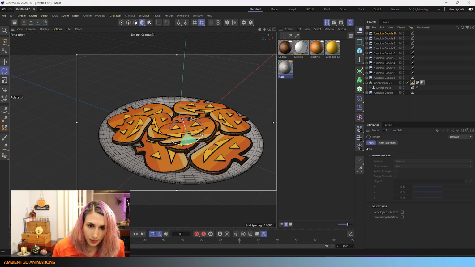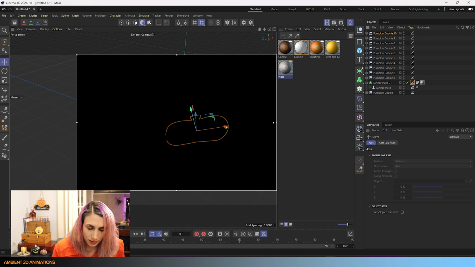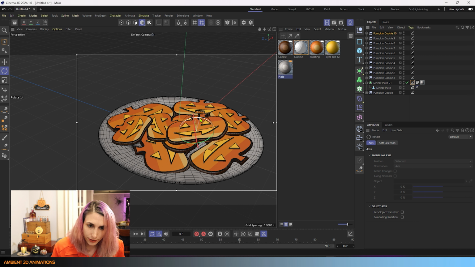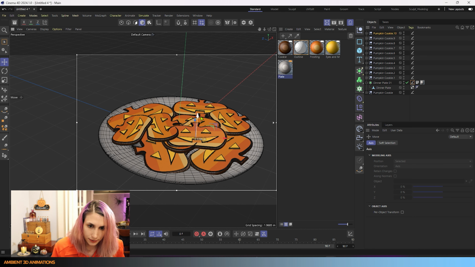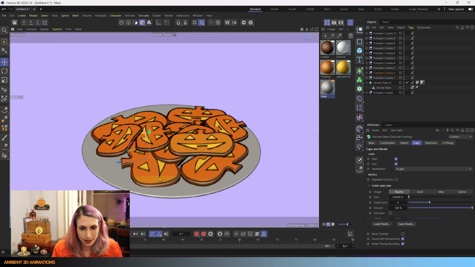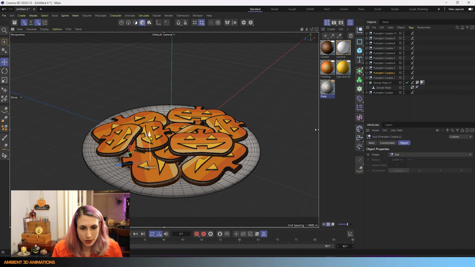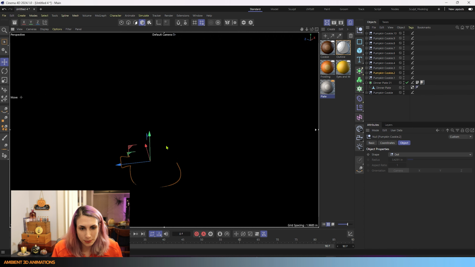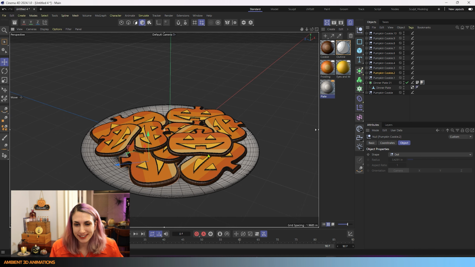I think there's something meditative about these repetitious parts of 3D modeling that I actually find really relaxing. And again, I did this pretty quick. I'm sure you could tweak this a little bit more than what I did and get something even cooler than what I've done very quickly on my computer for this tutorial.